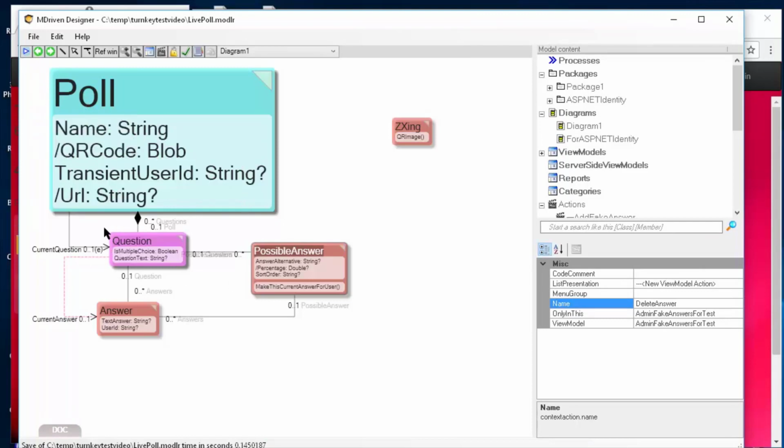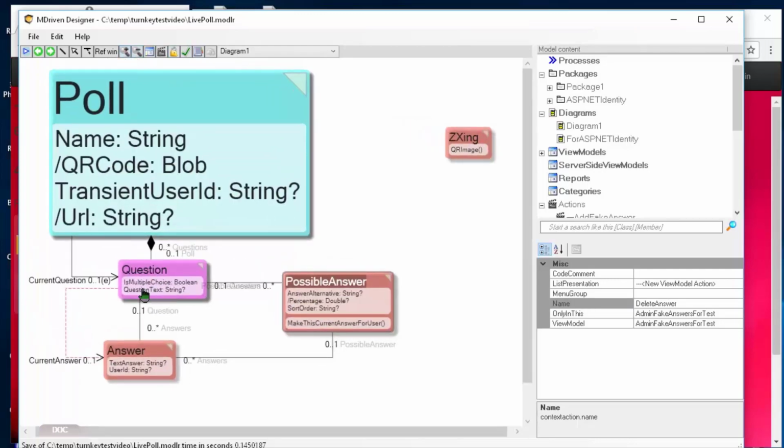So we have the poll and we have questions that we want to pose, and we have an attribute here to state if it should be a multiple choice or not. And if it is a multiple choice, it should have a list of possible answers.